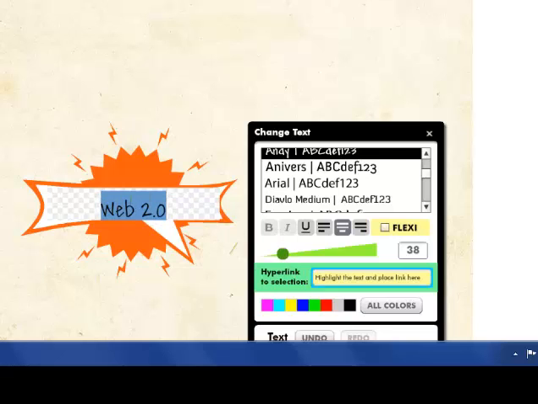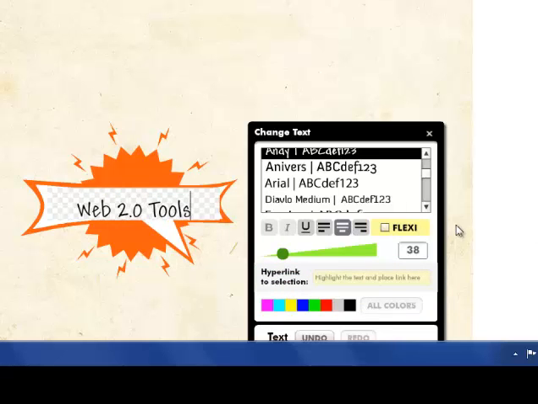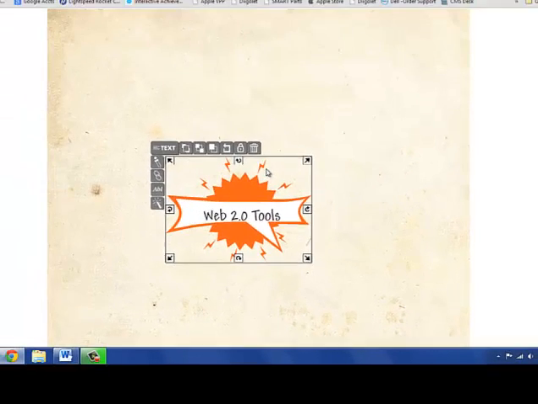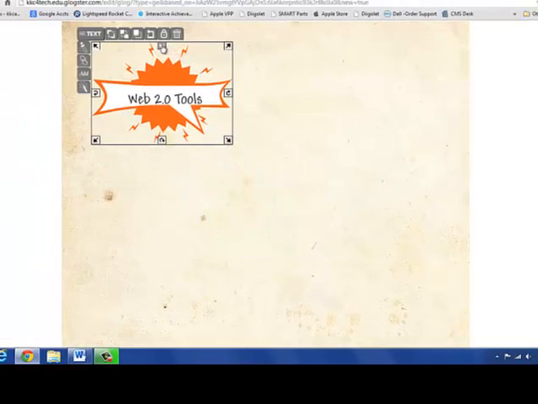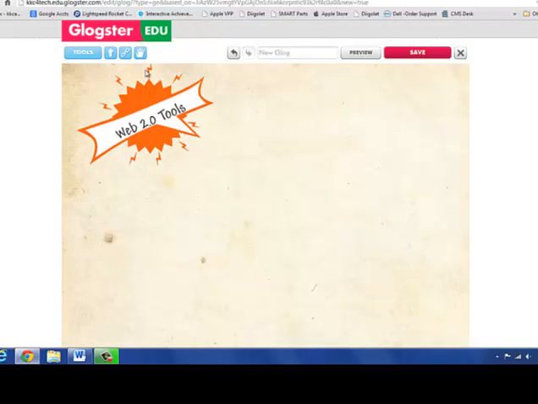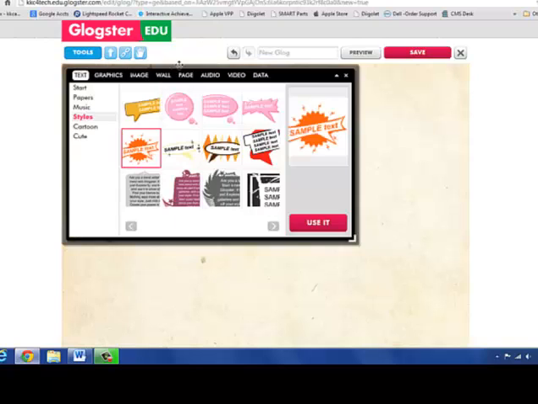Maybe a little bit smaller. Let's add Web 2.0 tools. I could change the color if I want. When I'm done, I click and I can move it. I can rotate it to place it where I want. Once that's done, to continue adding content, I'm going to click on the toolbar and then select the type of